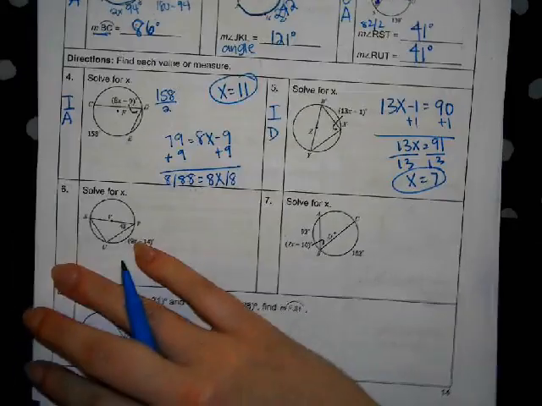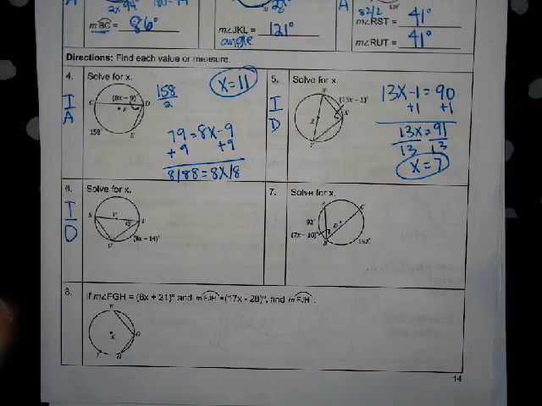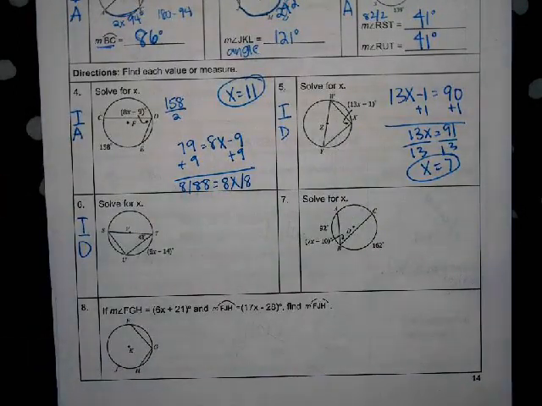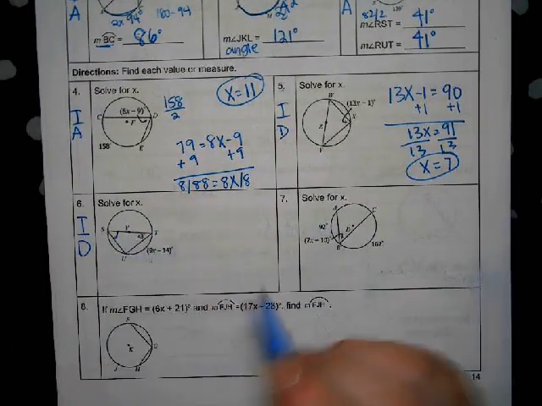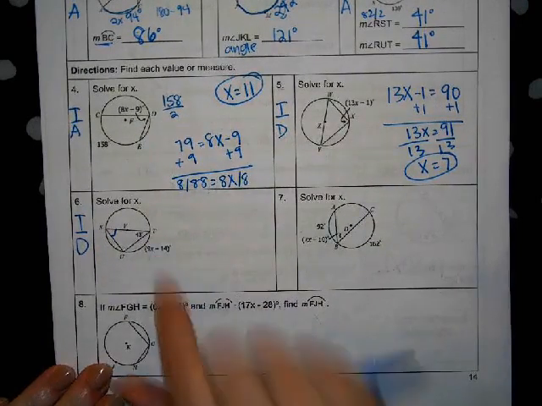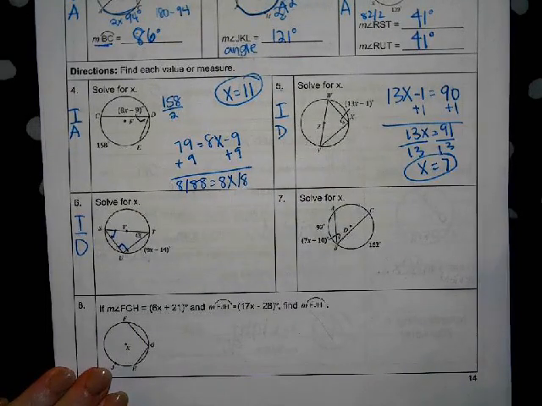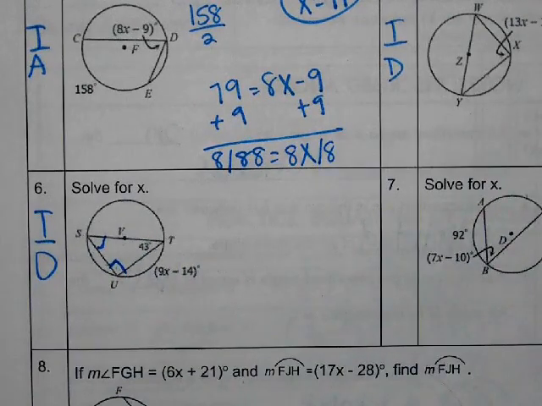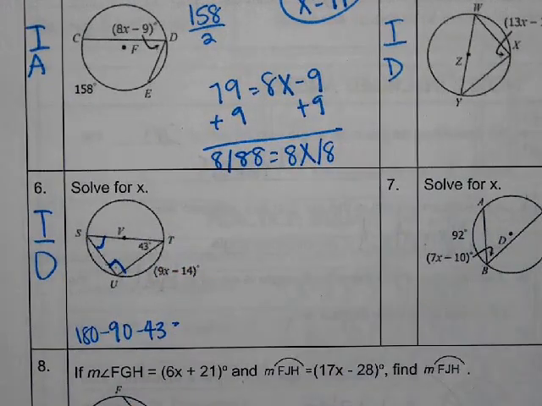Now, intercepting diameters are not always going to be so straightforward. Like number 6. Number 6, I'm still solving for x, but I don't know what angle S is. I need angle S because that is across from this arc. I know angle U is 90. I've got 2 of the 3 angles, so that means I'm going to subtract from 180. Zoom in a little bit, make this a little easier to see. There we go. Okay, so 180 minus 90 minus 43 leaves me